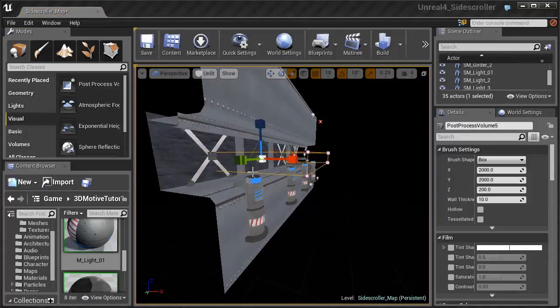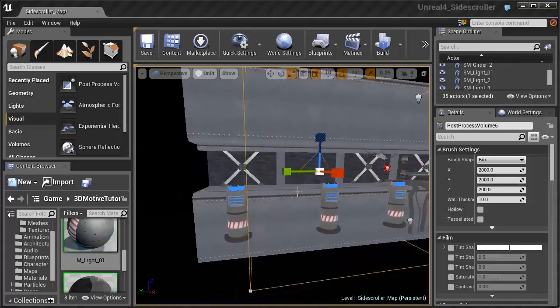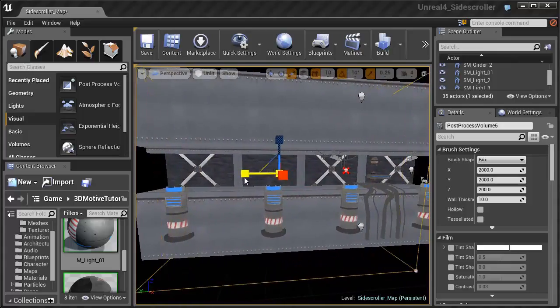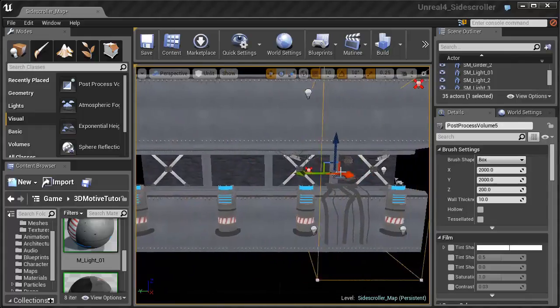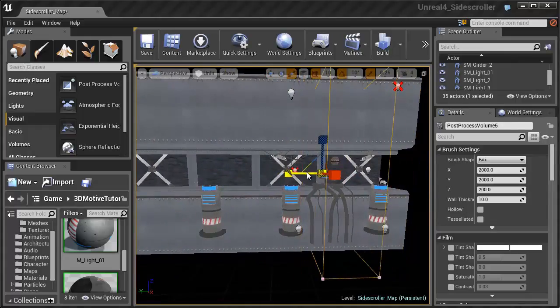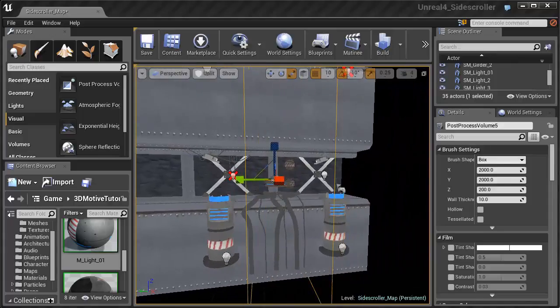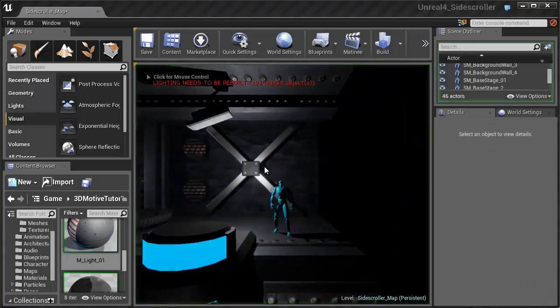Now, if you press R on your keyboard, it's going to switch to your transform tools, and you just want to create a box that is going to either encompass your entire level or part of your level. For right now, I'm just going to do part of it so we can show you the difference between the post-process effects when you go into it and out of it. So one of the cool things about Unreal 4 is you can actually modify your post-process volumes or other aspects of your game while you're running it. So if I just come and hit my play button,